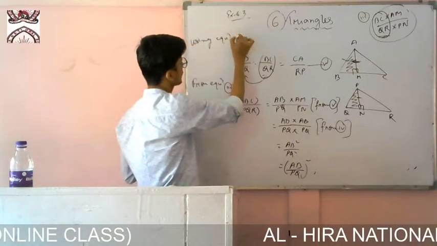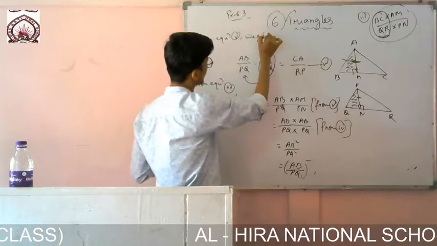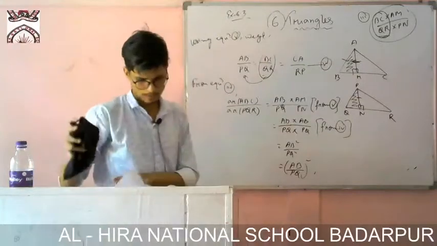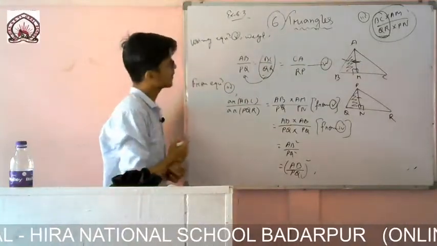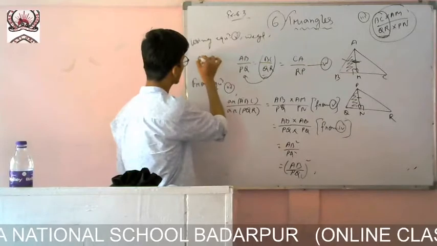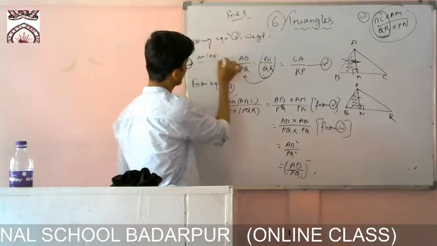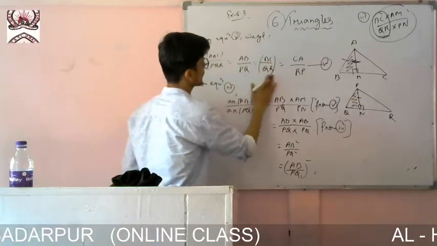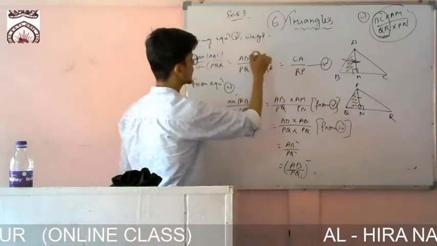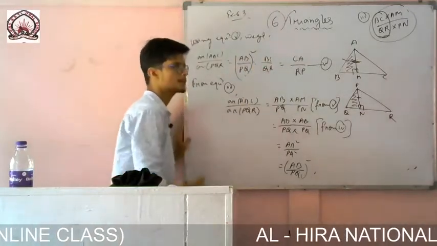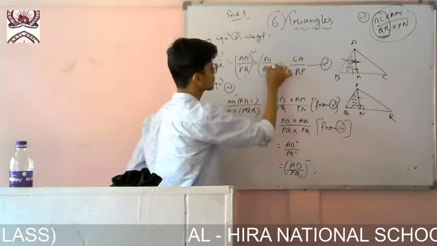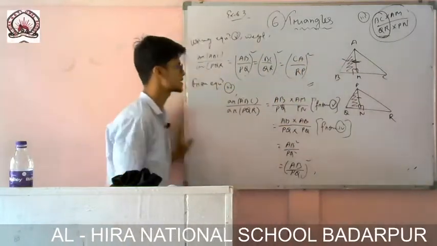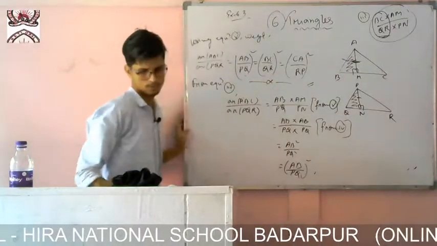Using equation 5 we get, so what will be there? Area, it will be the same using equation 5. We are getting like this, that area of triangle ABC by area of triangle PQR will be equal to, what came in the answer? In the answer it came (AB by PQ) square. So if it is (AB by PQ) square, all are equal, so this one also will be square, this one also will be square. So this is the end of this theorem.